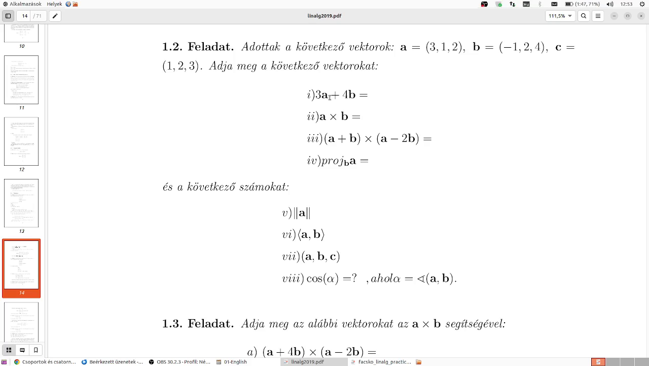So this was the first. The projection is more difficult. So I jump to A. That's nothing more than